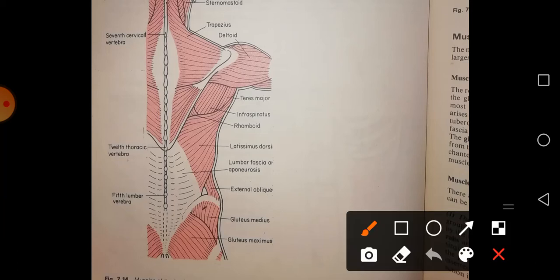Here is one of the important points I want to share with you. Gluteus maximus is the muscle of the buttocks region. When you want to give an injection in this region, we divide the buttock into four portions. The gluteus maximus muscle is there, and we give the injections to patients in the buttocks region, not the thigh. In the buttocks region, the muscle is the gluteus maximus. Only you have to keep it in mind.